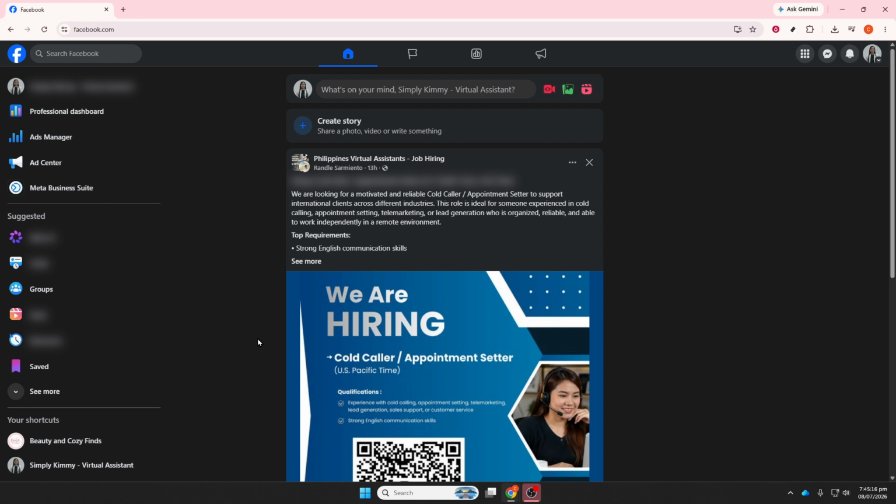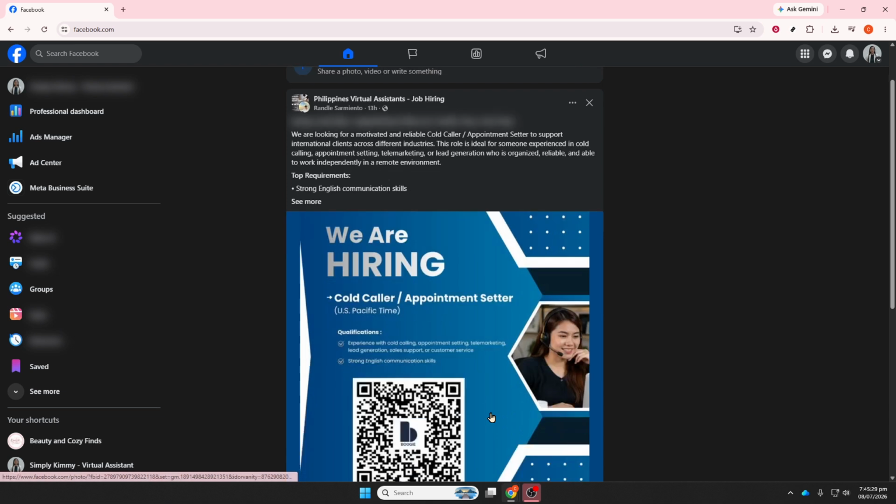interaction. To begin, open the Messenger app on your phone. Once Messenger is open, find and open the conversation with the person you want to block. This is the chat thread where you've already been messaging, so just tap into that conversation to continue. After you're inside the chat, look at the top of the screen and tap the person's name. This will open their profile or chat settings page where you can manage things like notifications, privacy, and support options